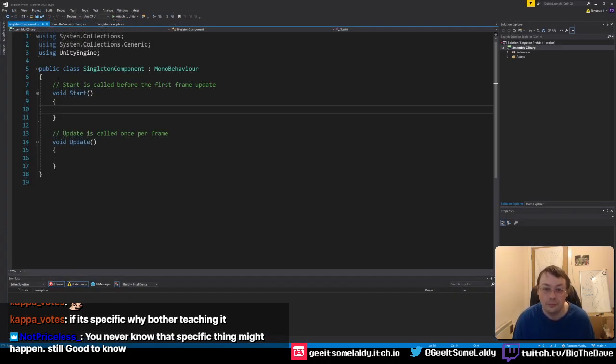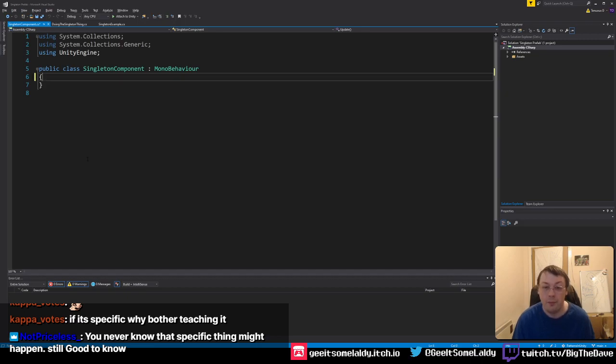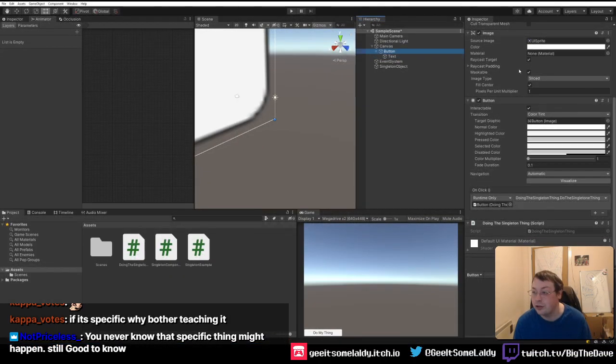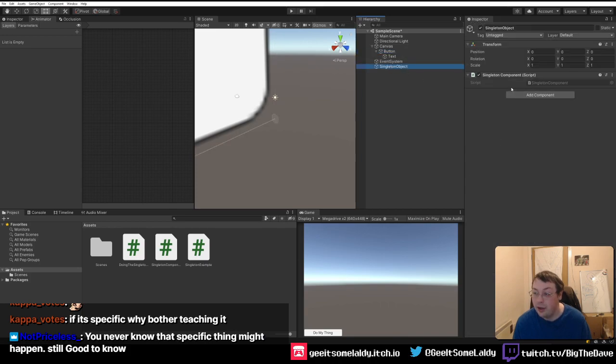Now, what we need to do is think about what a singleton is. There can only be one instance of a singleton. The problem with that is that this singleton component is now attached to a game object. So how do we want to deal with that? If I duplicate that, there's now two instances of Singleton Component. There's not much you can do about that if someone decides to go in there and create two singleton objects,